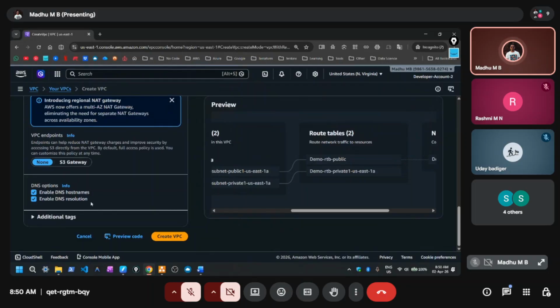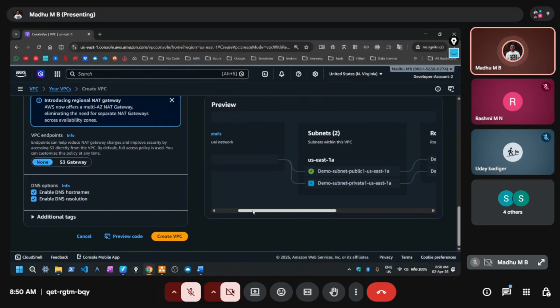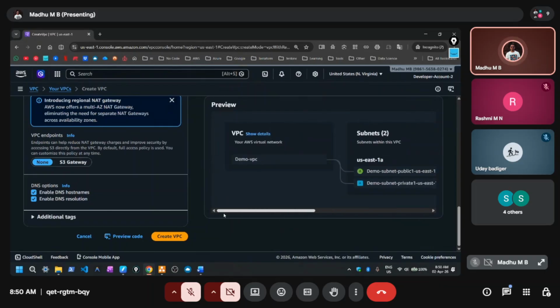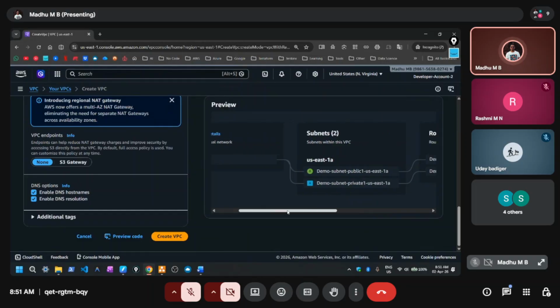So how will the system do the conversion from the IP address to the human readable format, and the human readable format to the IP address? So the DNS server, it is where the magic happens, right? So we need to enable this. Without this, it will be very difficult. If you enable these options, then we can easily configure. For this lab, let's enable this, and you will be able to see the